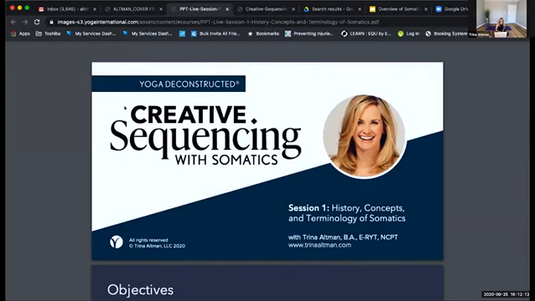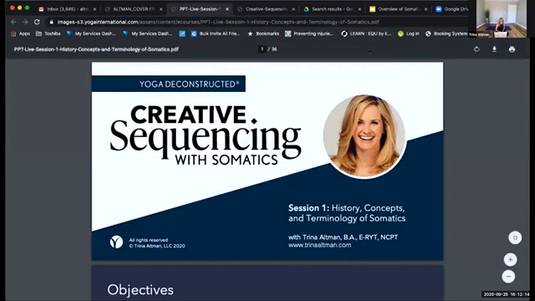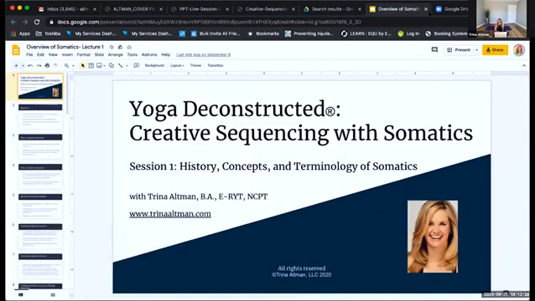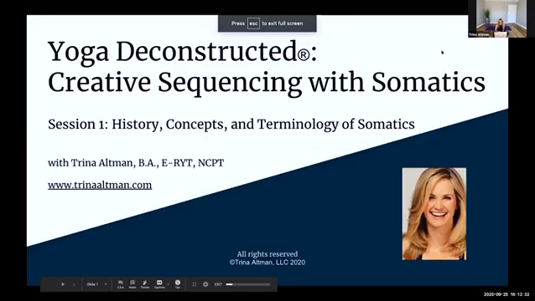And let's see, I'm going to see how I can go to present mode. Oh, wait, that's not the one I want to share. I want to go to a different one. Let's see, how do I get this out of the way? There we go. Okay, and then present. Okay, and then I'm going to move this, I think, over here.